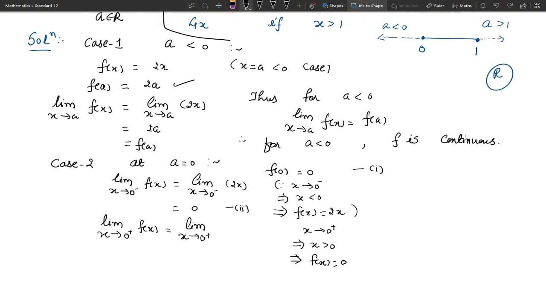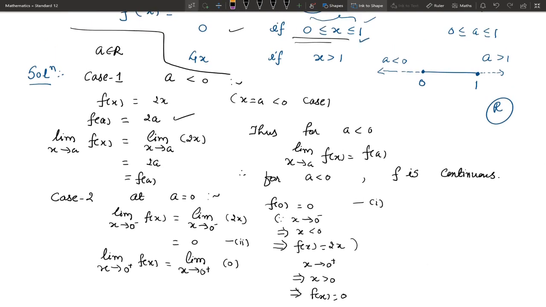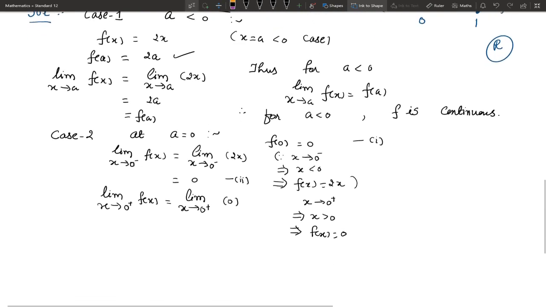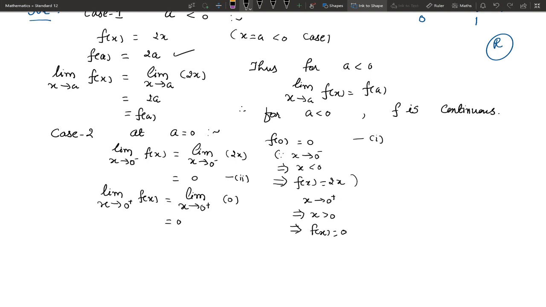And it's a limiting position, so it is very near to 0, so no need to think about x greater than 1. So this limit is 0, say result number 3. From 1, 2 and 3,